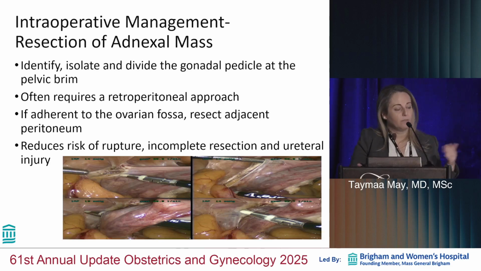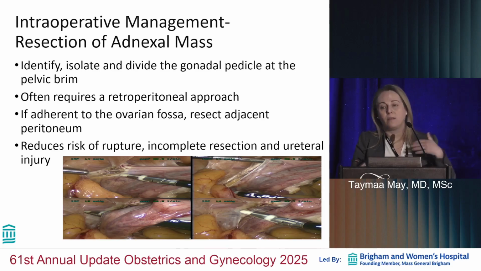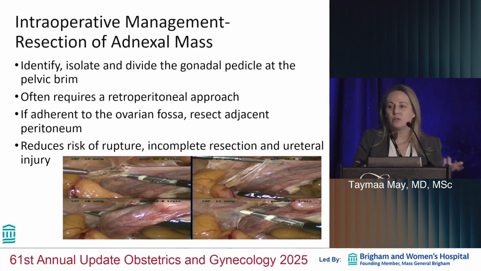So if you are planning to take out an adnexal mass, usually the steps, we're all familiar with them. The gonadal pedicles, usually the ovarian vessels that come from the aorta and the IVC, and they cross over the pelvic brim, so isolating them. We usually go into the retroperitoneum because that allows you to really get good access to the vessels and resect the peritoneum adjacent to them, avoid leaving any ovarian tissue behind, and of course identify and protect the ureter, and then make sure you remove them as comprehensively as possible towards the uterovarian ligament and the cornua,